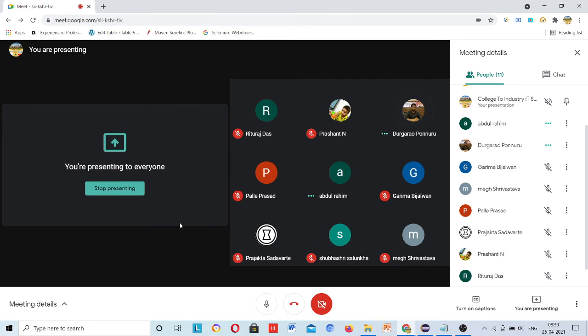Page object model is a concept. Framework is another thing. Framework is where you have to use the page object model, TestNG, everything, and merge it into a separate entity. As a separate entity, page object model is covered. Now we will merge it into the framework.